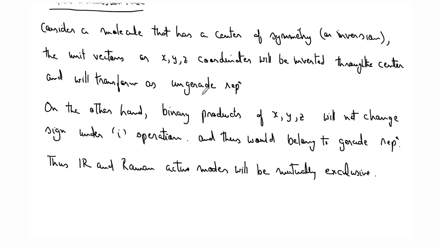So that means, let's say you are doing some synthesis and you want to know whether your synthesized molecule has a center of symmetry or not. Let's say you want to synthesize a trans compound and you ended up with a cis compound or a mixture. So it is not a pure trans compound. Let's say only the pure trans compound had the center of symmetry. Now that can be easily tested by recording a simple IR and Raman spectrum of the same compound. If you find some lines which are common to both spectra, that means the molecule does not have i, or it has a contamination from a non-i compound, right? So that explains the mutual exclusion rule.